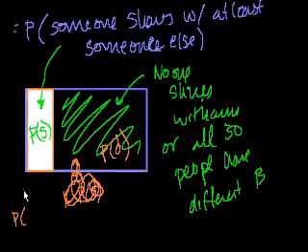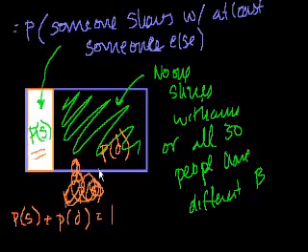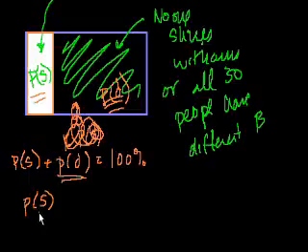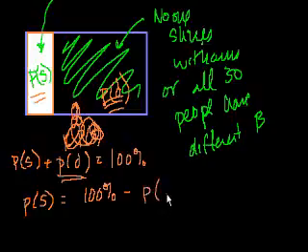The probability that someone shares with someone else plus the probability that no one shares with anyone, they all have distinct birthdays, that's got to be equal to 1 because we're either going to be in this situation or we're going to be in that situation. Or you could say they're equal to 100%. Either way, 100% and 1 are the same number. So if we figure out the probability that everyone has distinct birthdays, we could subtract it from 100. So let's rewrite this. The probability that someone shares a birthday with someone else is equal to 100% minus the probability that everyone has